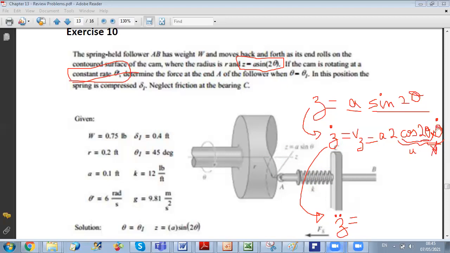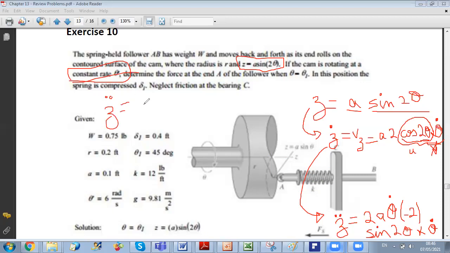So now I only have to derive cosine 2 theta. So z dot dot will be equal to the constant, which is 2a theta dot, times the derivative of cosine 2 theta. We know that the derivative of cosine 2 theta is minus 2 times sine 2 theta. And this is the derivative with respect to theta. In order to obtain the derivative with respect to time, we should not forget to multiply by theta dot. So then we will obtain that z dot dot is equal to